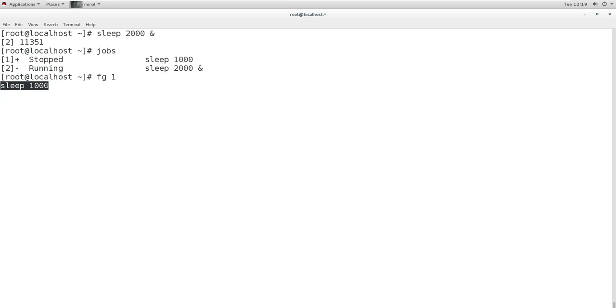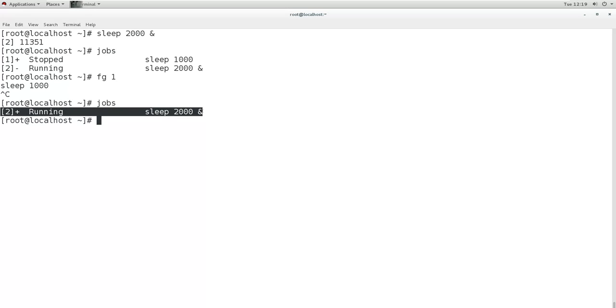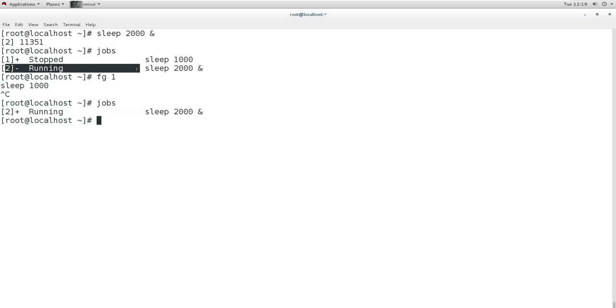And now I lose my terminal. Whenever you run any command, you will not be able to execute any other command on the terminal because it is running. Now I can close it. I can press Ctrl C to close the process, and when you see jobs command, it shows that it is not running. Now this one is only there which is running,